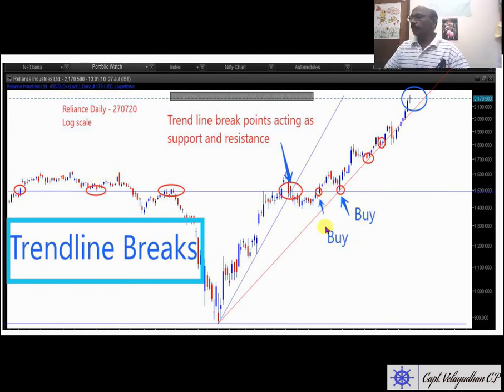So here it zoomed up, so that point becomes a buy, and here it becomes a stop loss for the buy, and here it is taking support at the same point. So this is the buy point, because this resistance is already broken, so then it becomes a support. So you are expected to buy at support. So this is a buy point. Then you can see the price has gone all the way up.